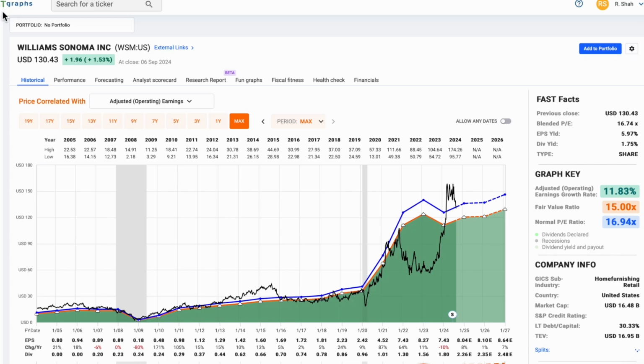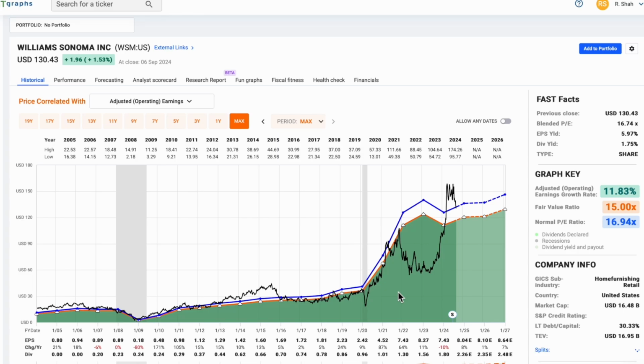But let's go ahead and actually get into this stock. So the first thing you notice is this green shaded area, which is the company's earnings. And you notice the black line, which is the company's stock price. And you also notice that when the stock price trades above the earnings, the stock's overvalued; through the earnings, the stock is fairly valued; and under the earnings, the stock is undervalued.